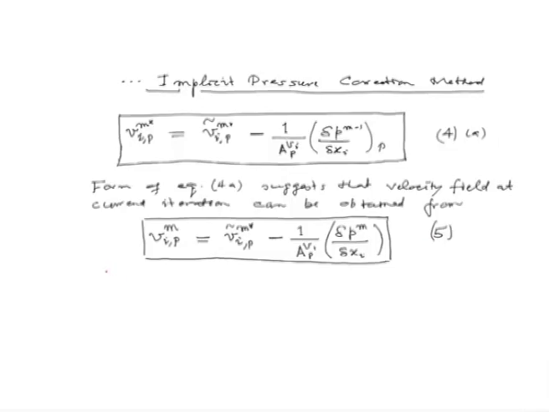Now, let us enforce the continuity. So, this VI M must satisfy our continuity equation, that is delta VI M over delta Xi is equal to 0. Remember, we are dealing with incompressible flows, hence let us take the divergence of equation 5. So, what do we get? The first term,